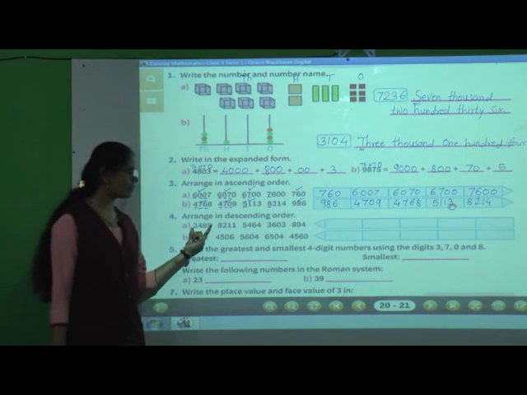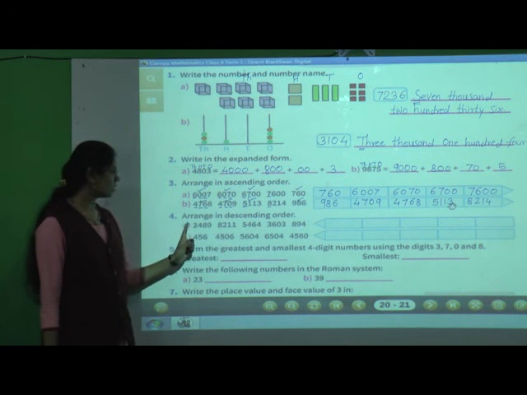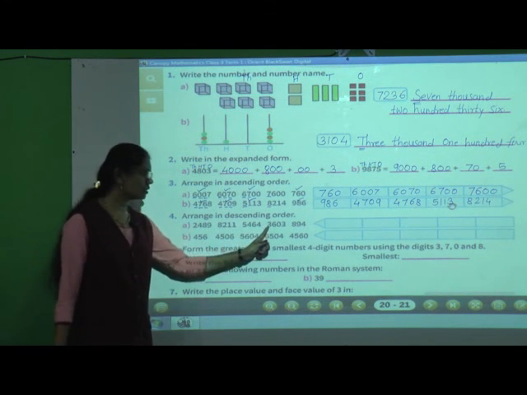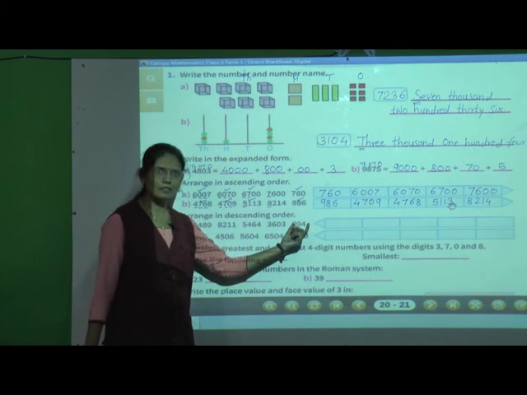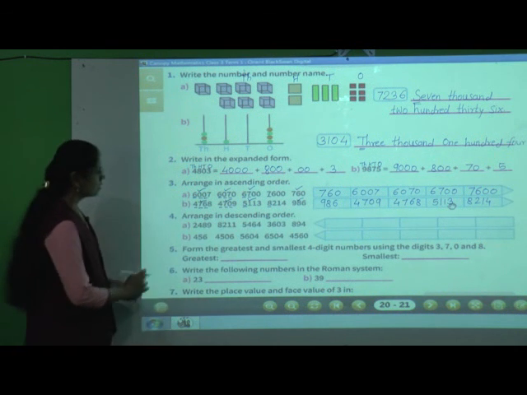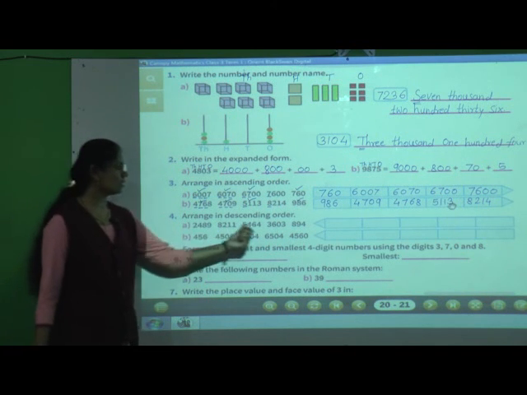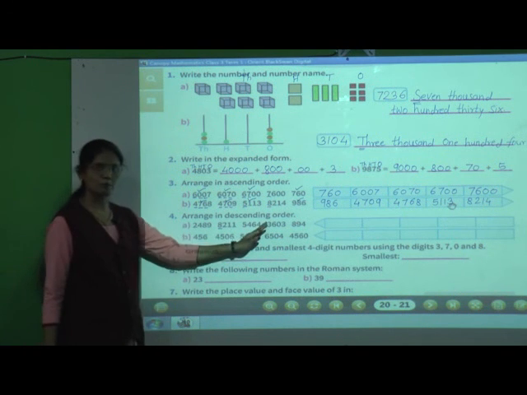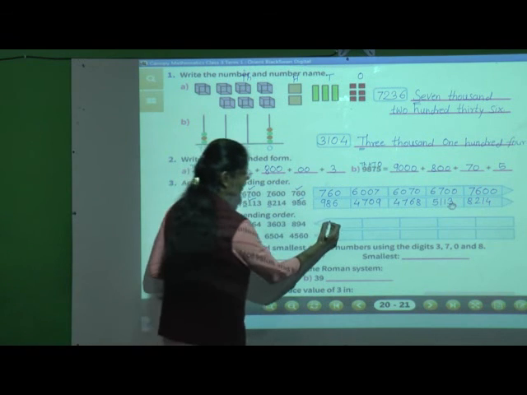So here first we have to see which one is the biggest number among these numbers. See here, thousands place 2, here 8, here 5, here 3 is there and this is the 3 digit number, so this is the smallest number. Okay, so this number we will write last. Now we will compare the 4 digit numbers. Now see here, in these 4 numbers 8 is greatest. So first we will write 8211.